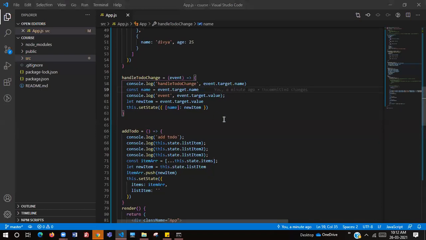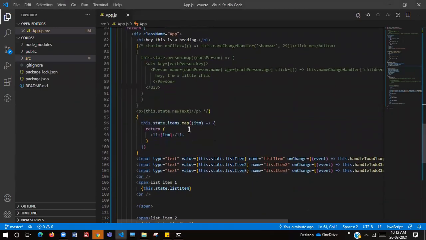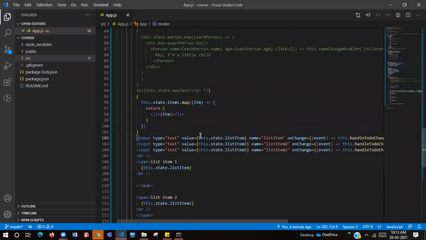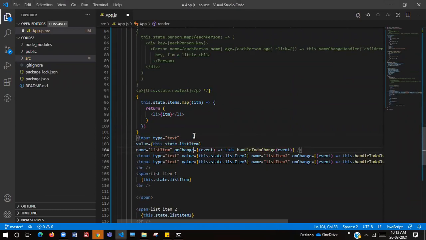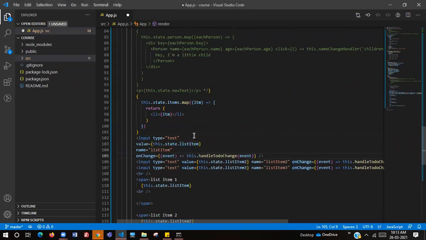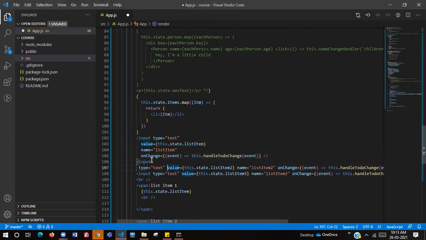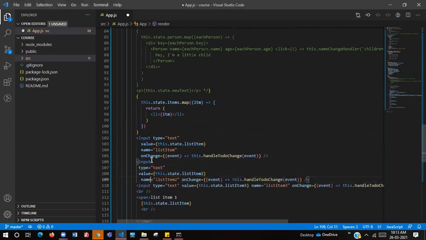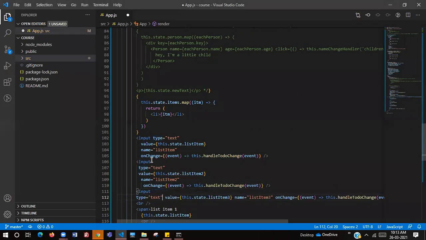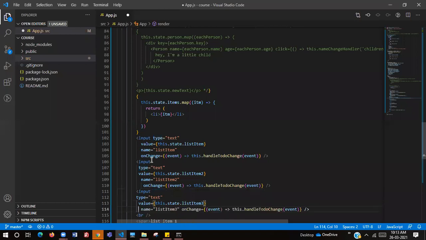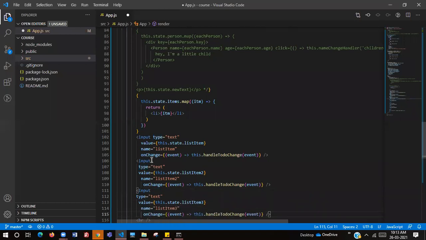See, so we are taking multiple inputs, right? Let's just break it down. Now, to each and every input, we have a value.